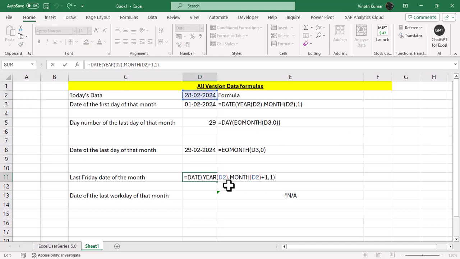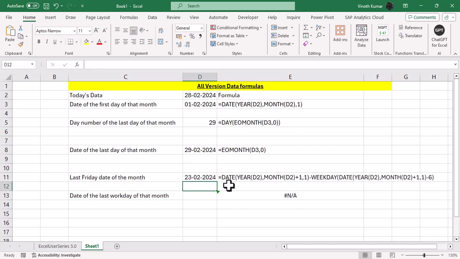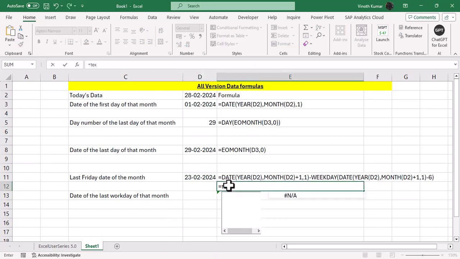Now I want to add the same formula, but I want to add a formula inside a weekday function. I'm going to copy this, and then I'm going to minus this, and then add a weekday function, and then paste this formula and close this formula, and then I'm going to say minus that with 6 here. So the moment I give an enter, that's going to give you the list here, and you want to check whether the dates are in this particular pattern. So I'm going to go for text, and then I'll type this